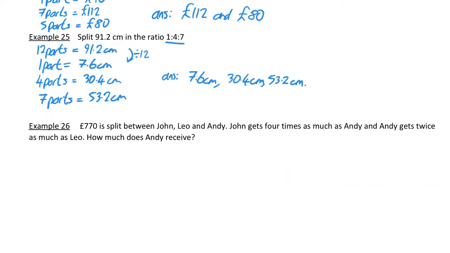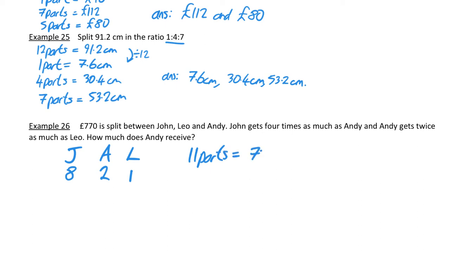The last example says £770 is split between John, Leo and Andy. John gets 4 times as much as Andy, and Andy gets twice as much as Leo. How much does Andy receive? Okay, so we've got John, Andy and Leo. I'm going to give Leo one part. And then if Leo gets one part, then Andy gets twice as much, so he gets 2 parts. And John gets 4 times as much as Andy, so John gets 4 times 2, he gets 8 parts. Okay, so we have a total of 11 parts